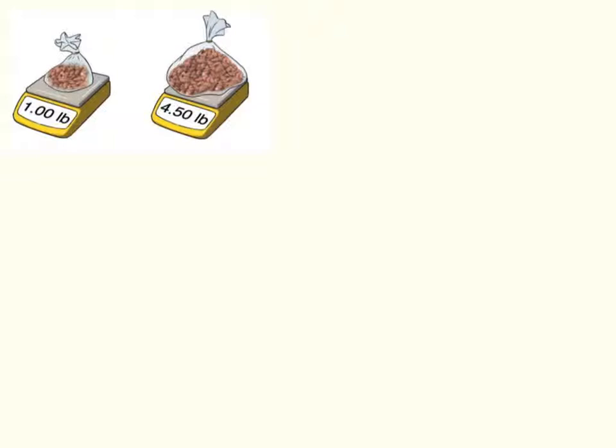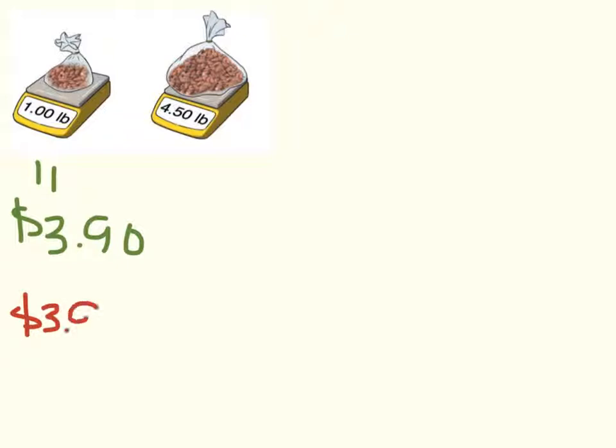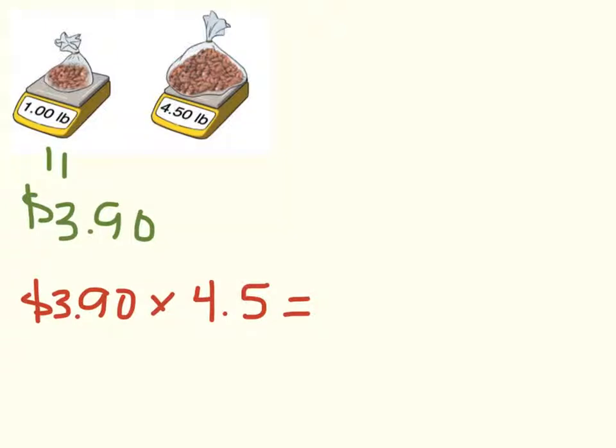At a supermarket, a pound of almonds costs $3.90. If Jen wants to buy 4.5 pounds of almonds, how much will she have to pay? Well, if we know that 1 pound of almonds costs $3.90, and Jen's going to buy 4.5 pounds, we simply need to multiply 3.90 times 4.5. 390 times 4.5 equals